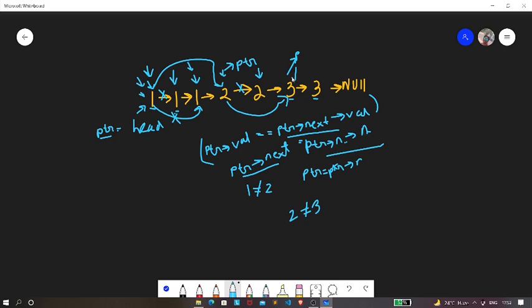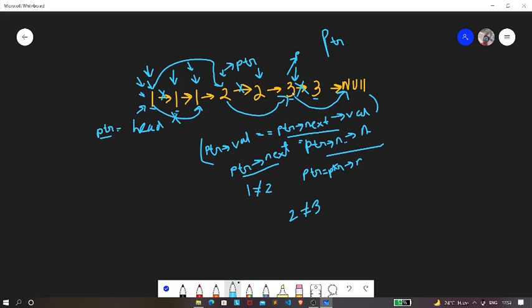Ptr of next means this node, and ptr of next dot next means null. So we make this node's next pointer point to null, and hence this link will be chopped off. Now again we're going to check, and we find that our ptr of next is null.